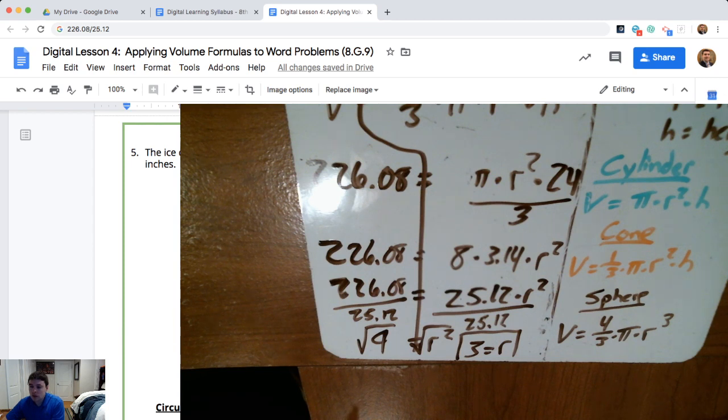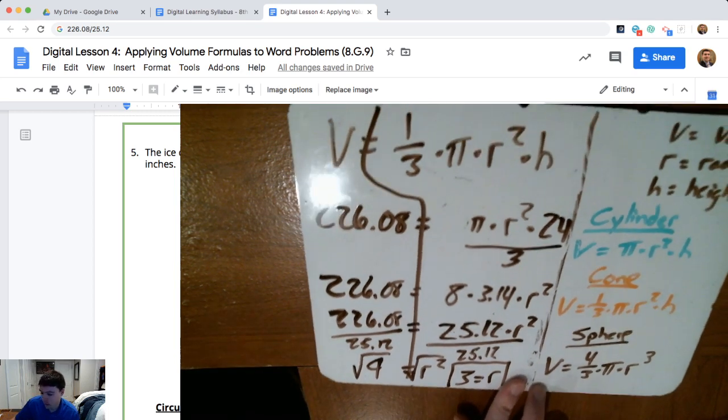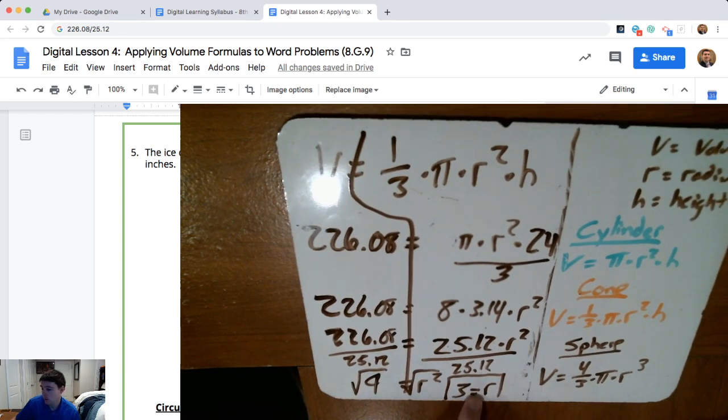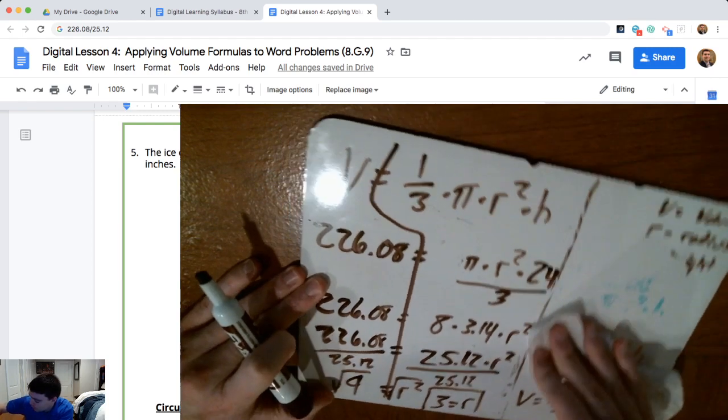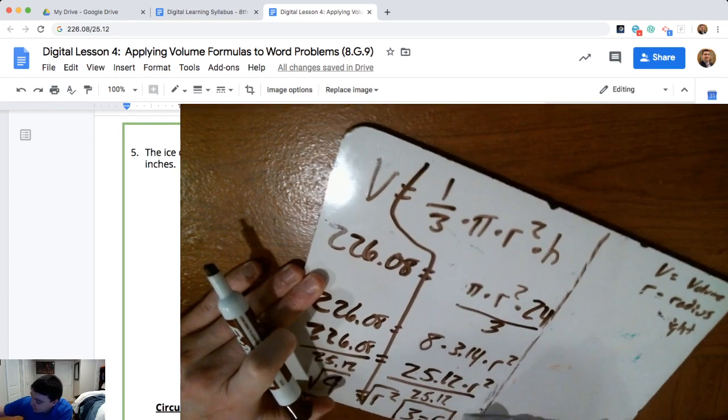And if the radius is 3, then we can use that to find our circumference. It looks like Donald's already correctly gotten there, so the radius is 3. It's our last problem, so I'm going to erase some of the formulas over here to use some more room on the whiteboard. And if the radius is 3,